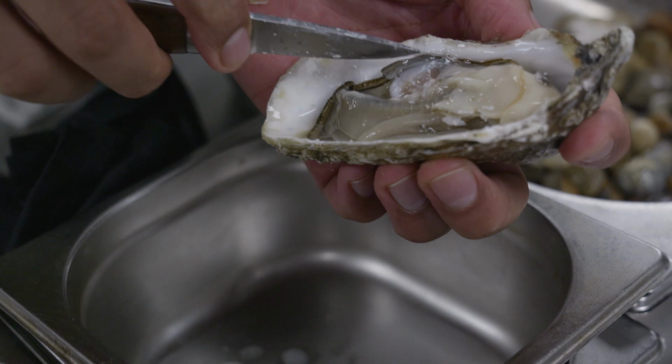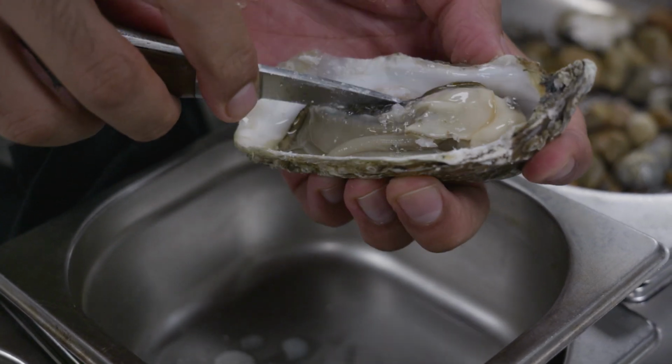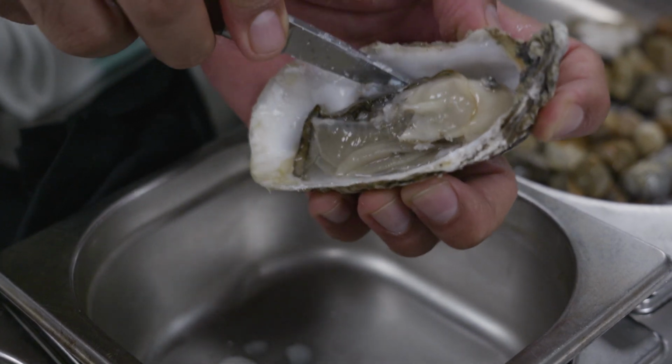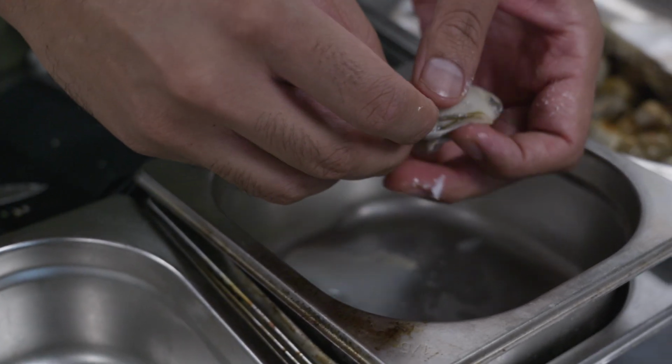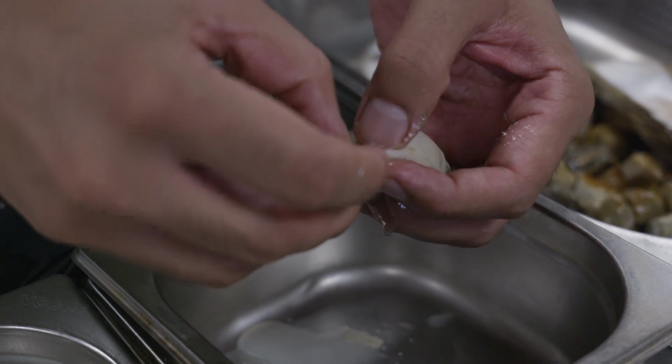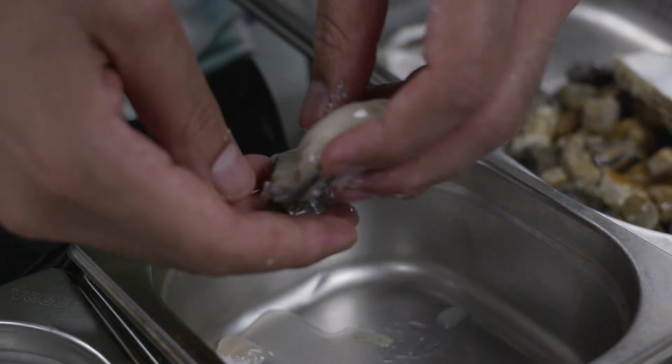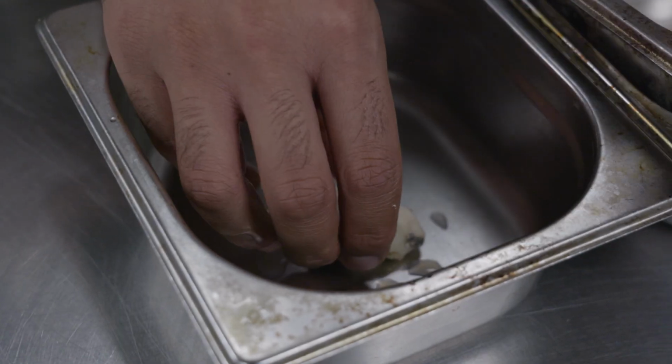A really low temperature, 63 degrees, and cook them for 45 minutes in a powerful commercial steamer. To make the oyster emulsion, we make sure that we keep back any of the liquid that comes out from poaching the oysters, reduce that down and basically use that as a saline solution, a little bit of seasoning